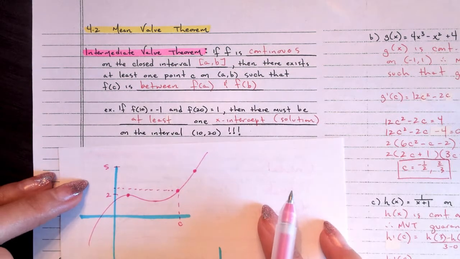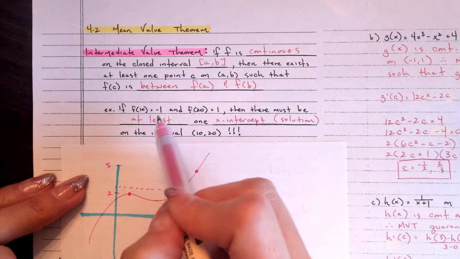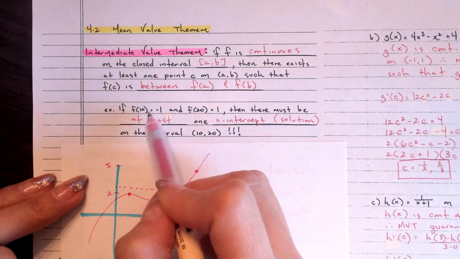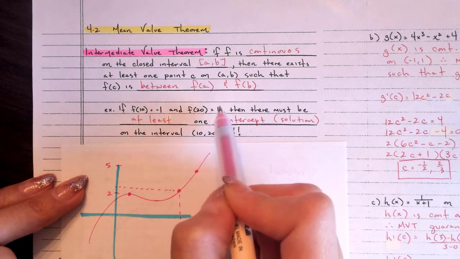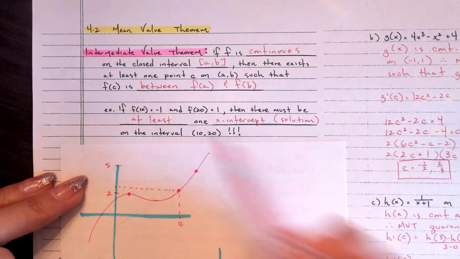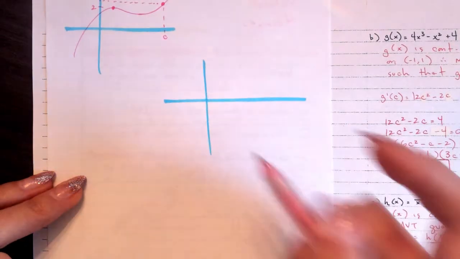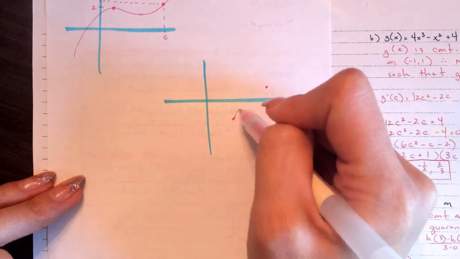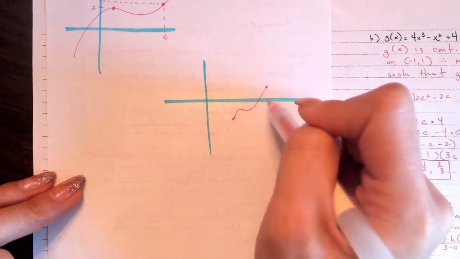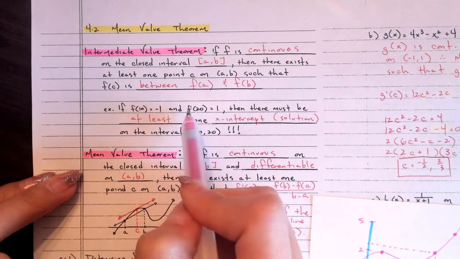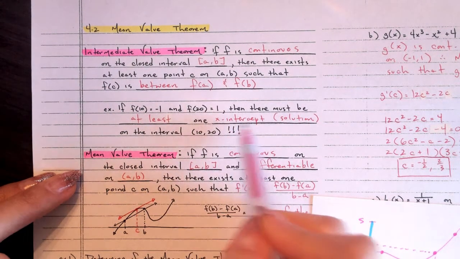What is this example talking about? It's saying if you have a negative y value and a positive y value, so if you have f of 10 equals -1, f of 20 equals 1, there must be at least one x-intercept. Why would that be true? Because if you have a -1 and then a +1 and it's continuous, then you're going to go through that x-intercept. You're going to have y equals 0, right? So you're going to have a y equals 0 in between a negative and a positive, which is the x-intercept,